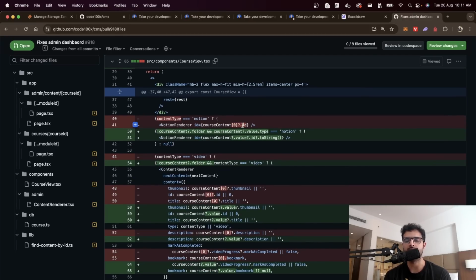Rather than doing .0.id, it is the actual content type. We had to add this extra check to make TypeScript happy. Runtime will still work correctly if you don't have this check, because if content type.value.type is Notion, then of course it is not a folder. But to make TypeScript happy here, I had to add this check as well, which makes